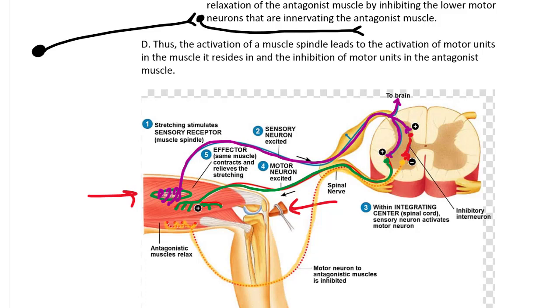is an inhibitory neuron, so it's going to release neurotransmitters which will activate transmitter-gated channels that are specific for Cl- or potassium. So the motor neuron, the alpha motor neuron that is innervating the antagonist muscle, will be inhibited, and thus it will not get a signal to contract. So it will remain in the relaxed position. So the hamstring is relaxed and the quadricep is contracted, and you have the leg move up in this reflex action. So another way to draw it, to bring everything home,